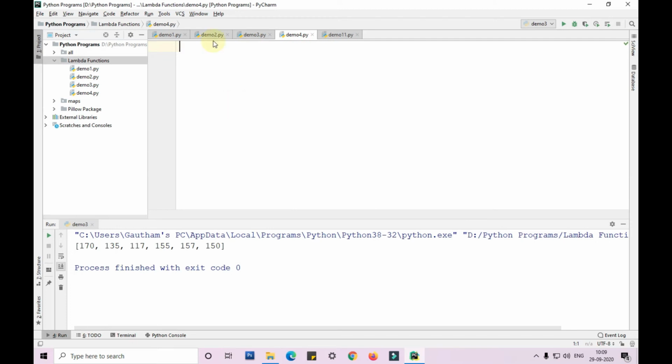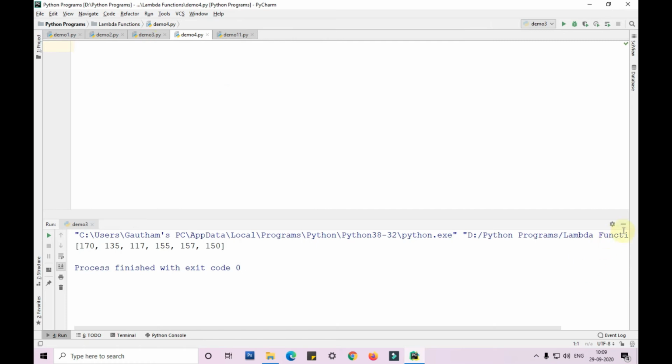A filter function expects two arguments, that is a function object and an iterable. The function object returns a Boolean value, whereas the function object is called for each element in the iterable. Like if I am passing a list, the function object is called every time for each and every element in that particular list, to compare and check whatever is there.